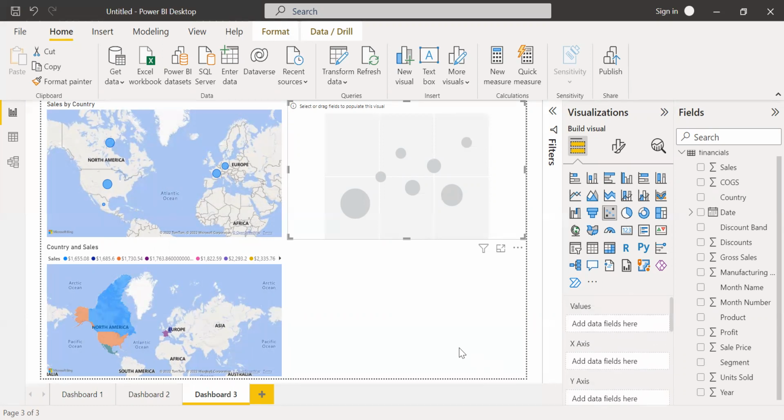For a scatter plot, what would make sense? Can we say discount percent with profit? If we want to plot discount percent with profit,